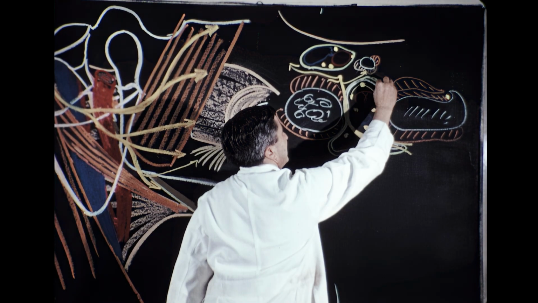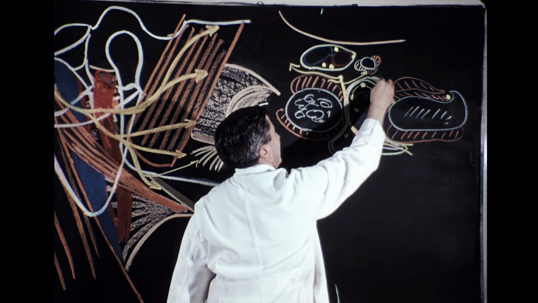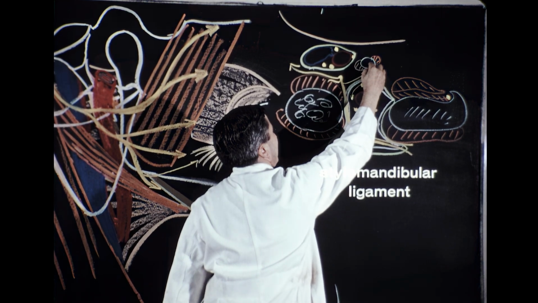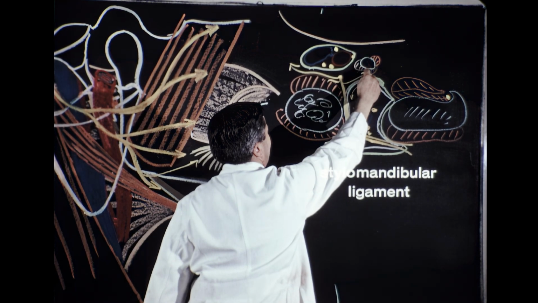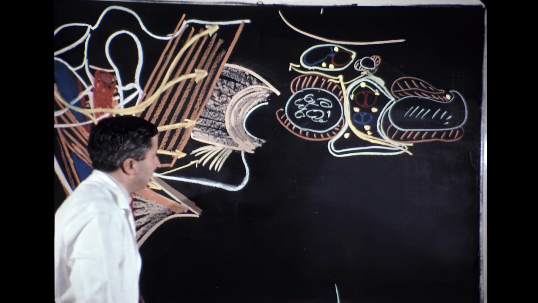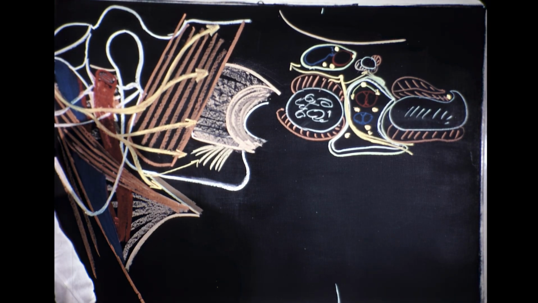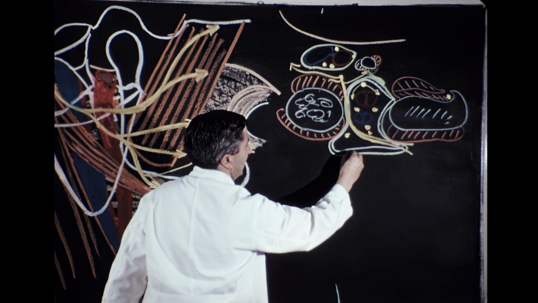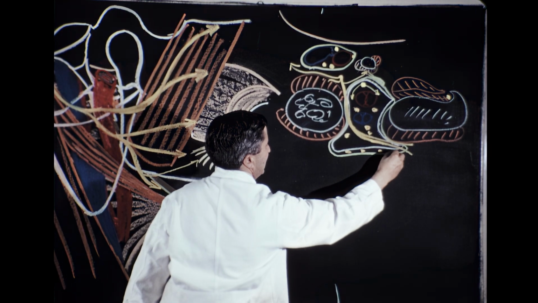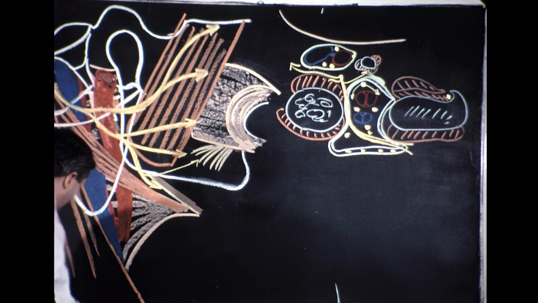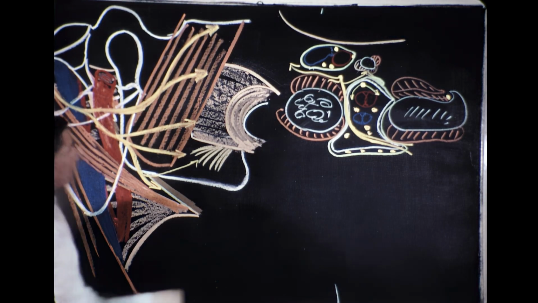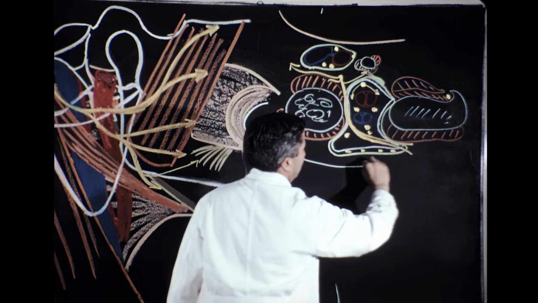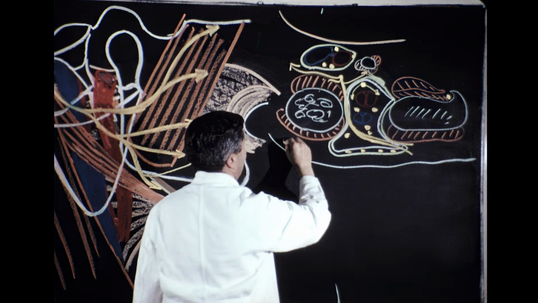Incidentally, this part here is particularly thickened to form the stylomandibular ligament, which goes from the back of the styloid process, front of the styloid process rather, back down to the mandible. Lying between the true and the false capsule here, we have some little lymph nodes, the superficial parotid lymph nodes. So that now we're in a position to put in the skin and the subcutaneous tissue,